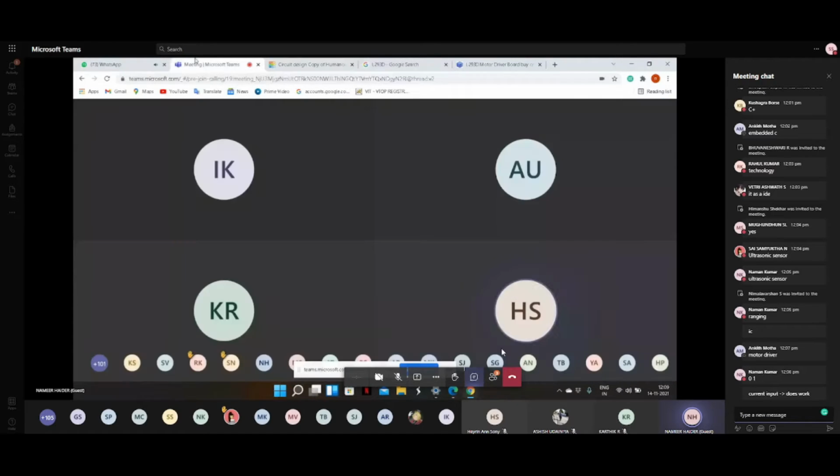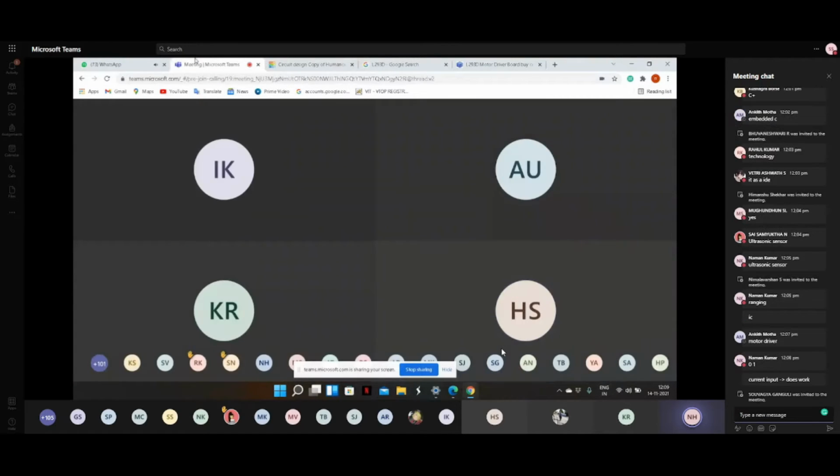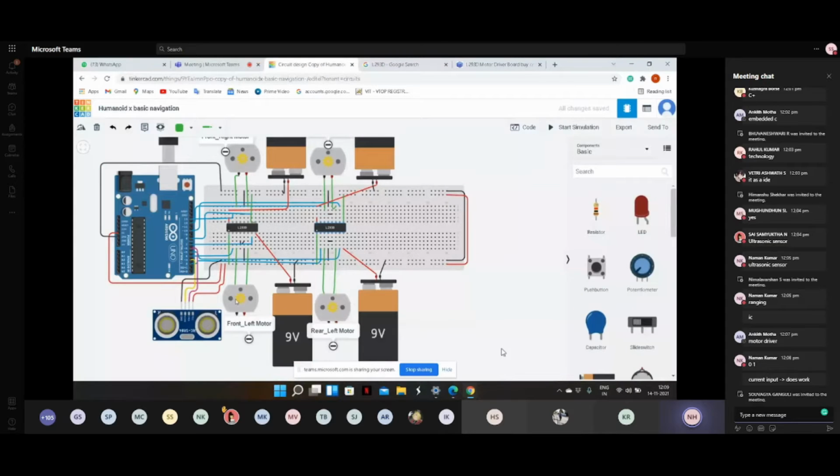Does anyone have a question like, why didn't we just connect these 4 DC motors directly to the Arduino? It would have functioned well. If any person has worked on this, they know that if we had connected directly to the Arduino, it would have worked on Tinkercad. But why did we connect them this way? What's the need of these H-bridges? What's the need?